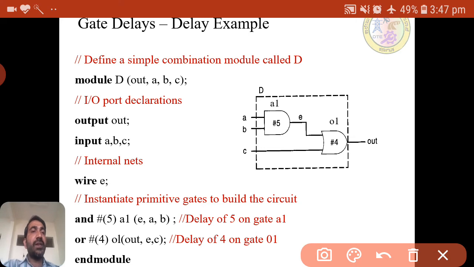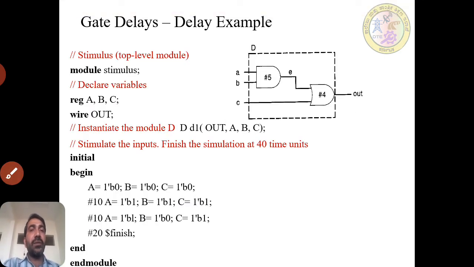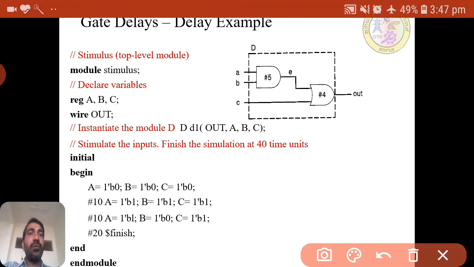This we need to check now. To check that, we need to give the inputs, and as we know, we give the input by writing the stimulus block. So module stimulus; as the stimulus block doesn't have inputs and outputs, there is no port list. As I told, the input of the design block we should declare as reg, and the output of the design block we should declare as wire.